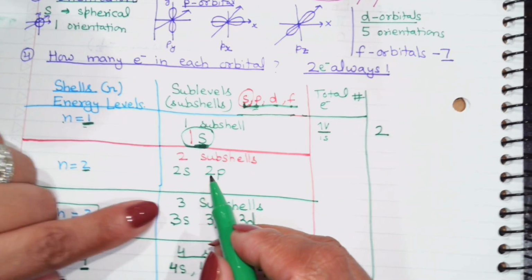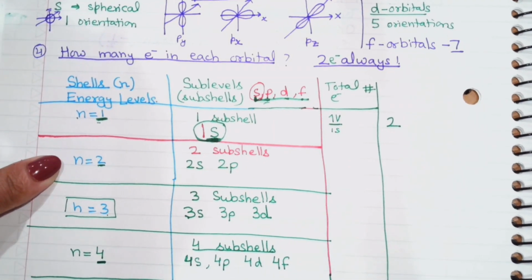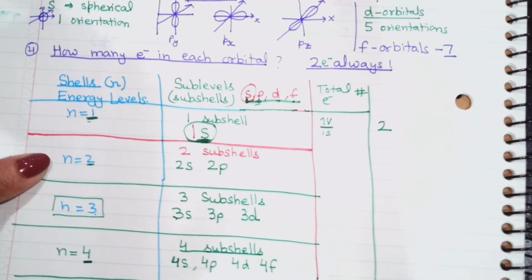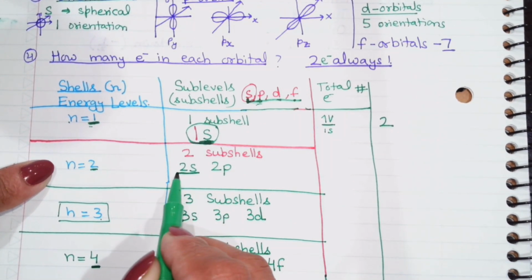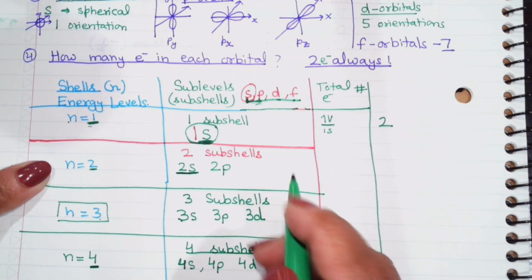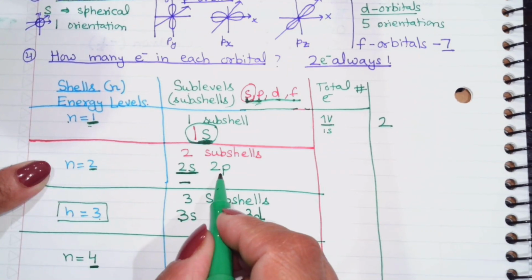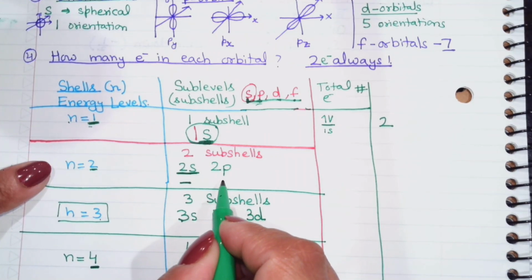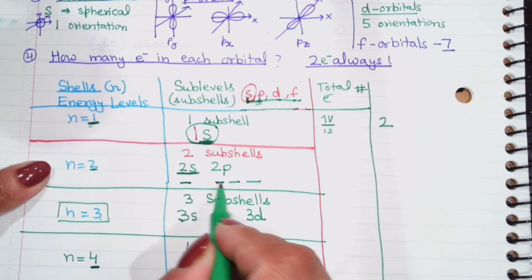Now let's look at the second energy level. Let's see how many total number of electrons are possible in energy level 2, right? Now look, energy level 2 has 2 sublevels, right? Now S sublevel has only one orientation, so only one S orbital. So I'm going to draw that orbital here. So this is 2s. Now p orbitals have 3 orientations, right? So 3 orientations, that is 1, 2, 3. That is 2px, 2py,